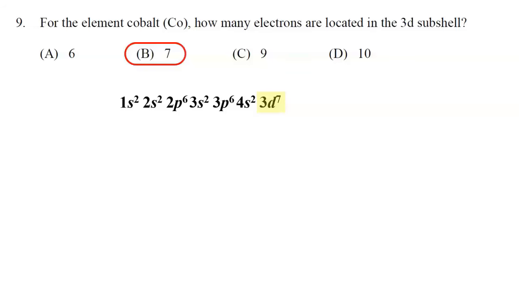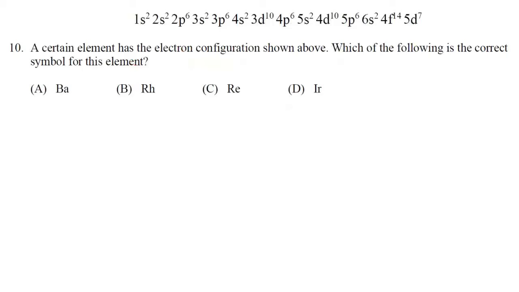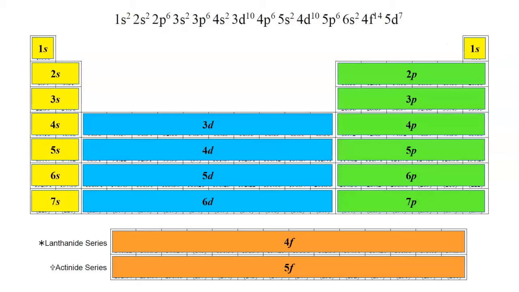Now let's take a look at question 10. Question 10 says, a certain element has the electron configuration shown above. Which of the following is the correct symbol for this element? If we look on the periodic table, remembering the pattern of energy levels and types of orbitals, S, P, D,